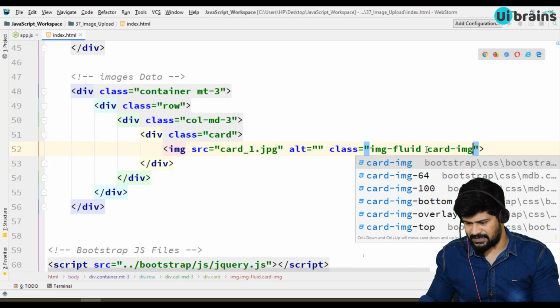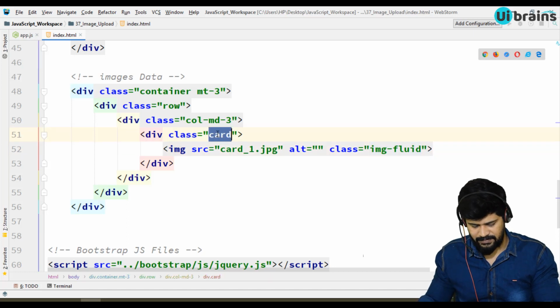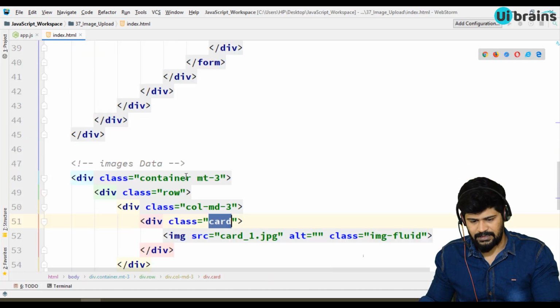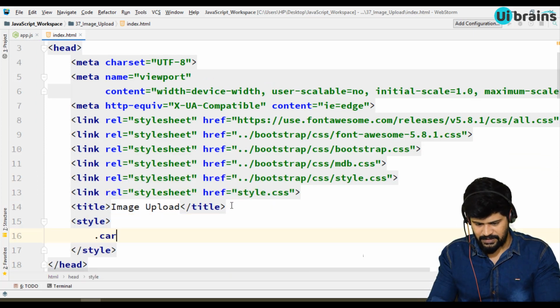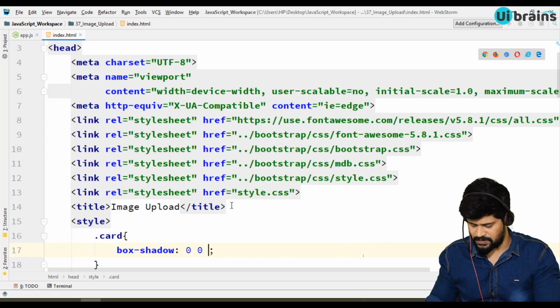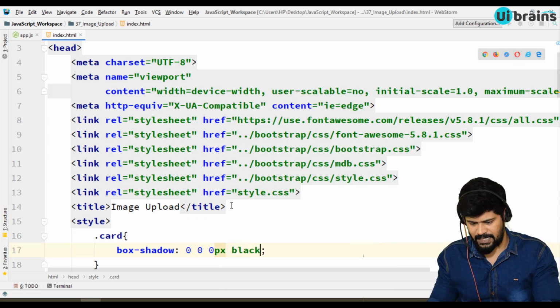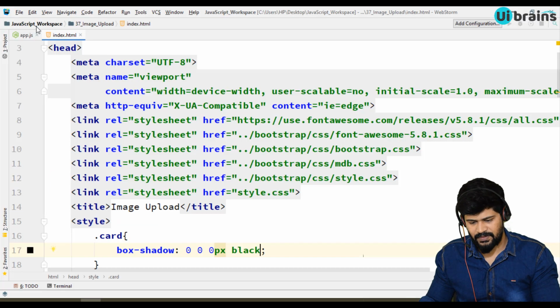Let me give a slight box shadow, or else we can give it for the card itself. Back to styles, so .card, let me give some box shadow 0 0, some 10 pixels and black.